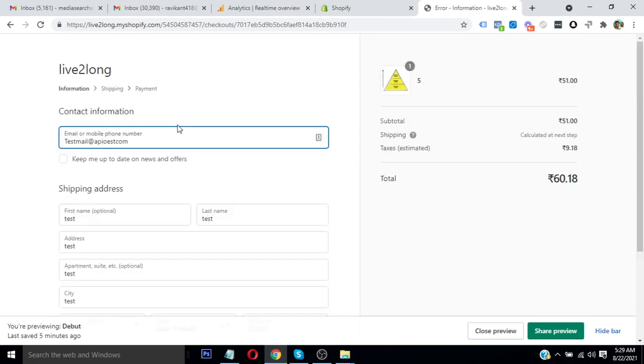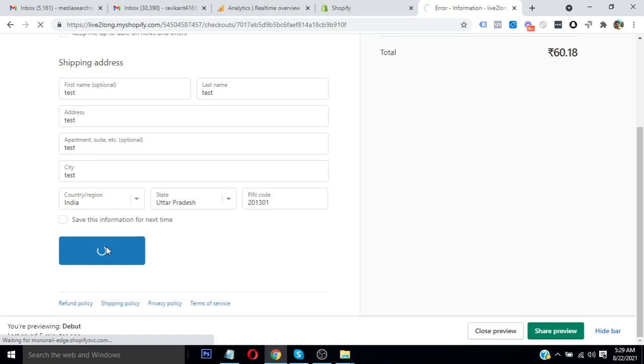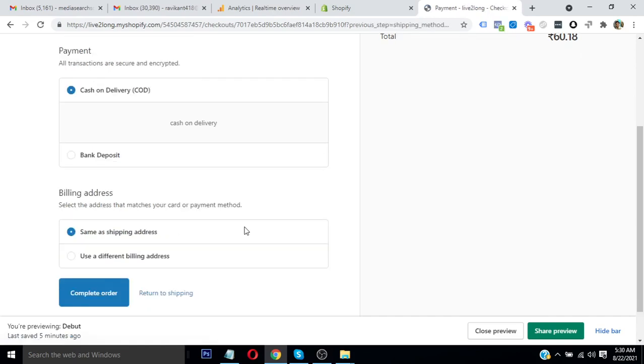Okay, the email ID does not seem to be correct. So let's continue to the payment. And finally we have to place the order to complete this.